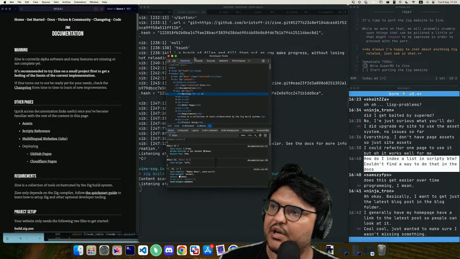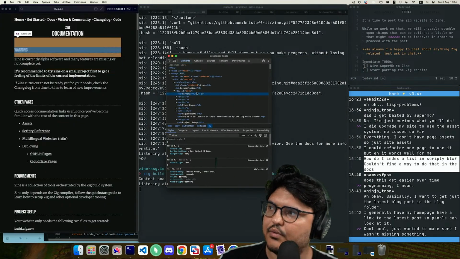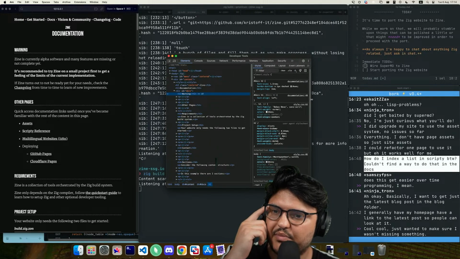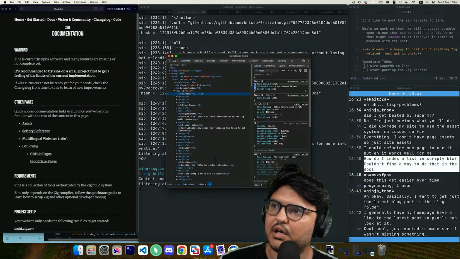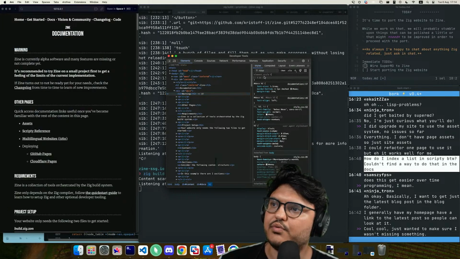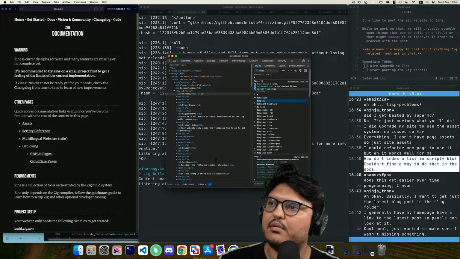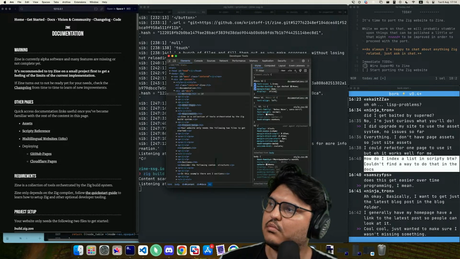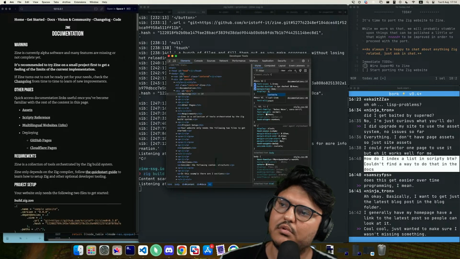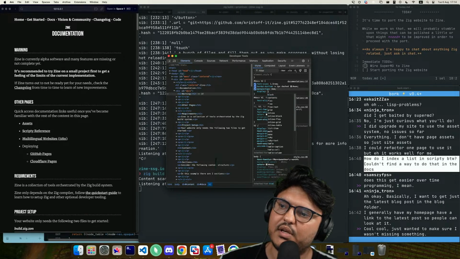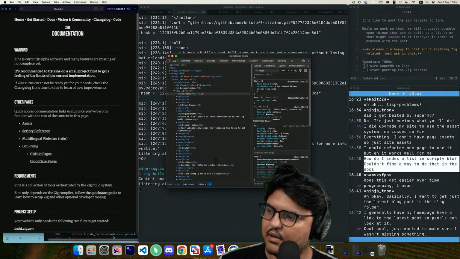Okay, so I think this should be our goal, which is not necessarily a design that I want to have for the official Zine website, but I think this showcases what we're trying to achieve nicely. So what we want to do is basically this. Oh, it's not display sticky? What's the sticky thing?